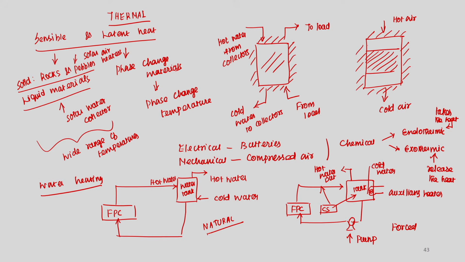Here we would have the thermosyphon effect, right, due to the gravitational effect, and if you see, hot water density is less, so it remains up, and cold water density is high, so it remains down. That way we manage with natural circulation itself. Here we use a pump to pump the fluid through the collector, and then the hot water goes to the tank. So, this is a forced circulation system.